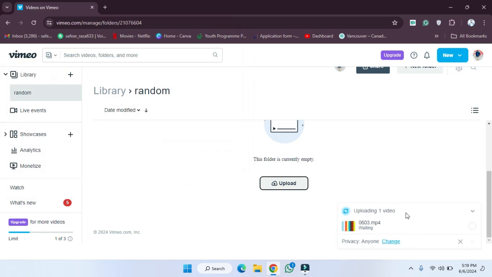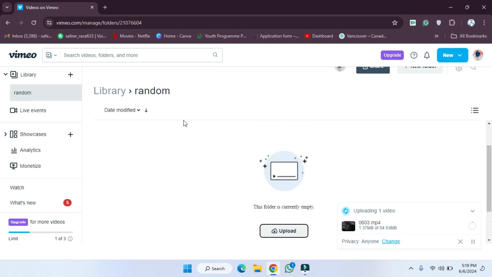It can take a few seconds or a few minutes to upload your video. It's up to your device, it's up to your internet speed. If your internet is fast, then the video will be uploaded fast. And after the completion of uploading this video, the video will be added in your library section. So in this way you can manage your